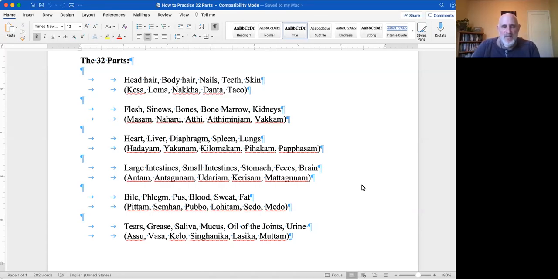We are going into the review now. I know in these last couple of weeks we've been beginning with the liquid parts: the bile, phlegm, pus, blood, sweat, fat, fat, sweat, blood, pus, phlegm, bile. So we've been going forward and backwards, first forward, then backwards, then forward and backwards. And now we're going to begin to do that review, beginning with the head here and going to fat 5